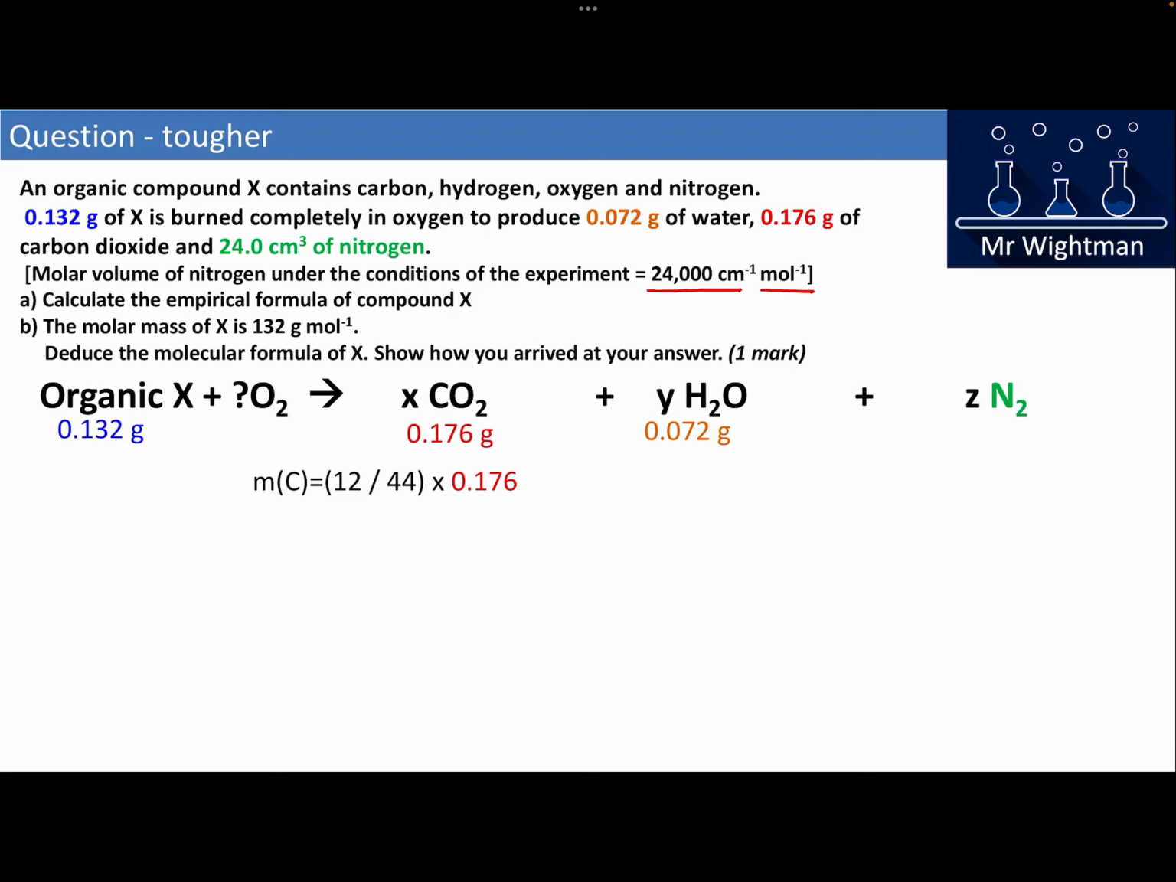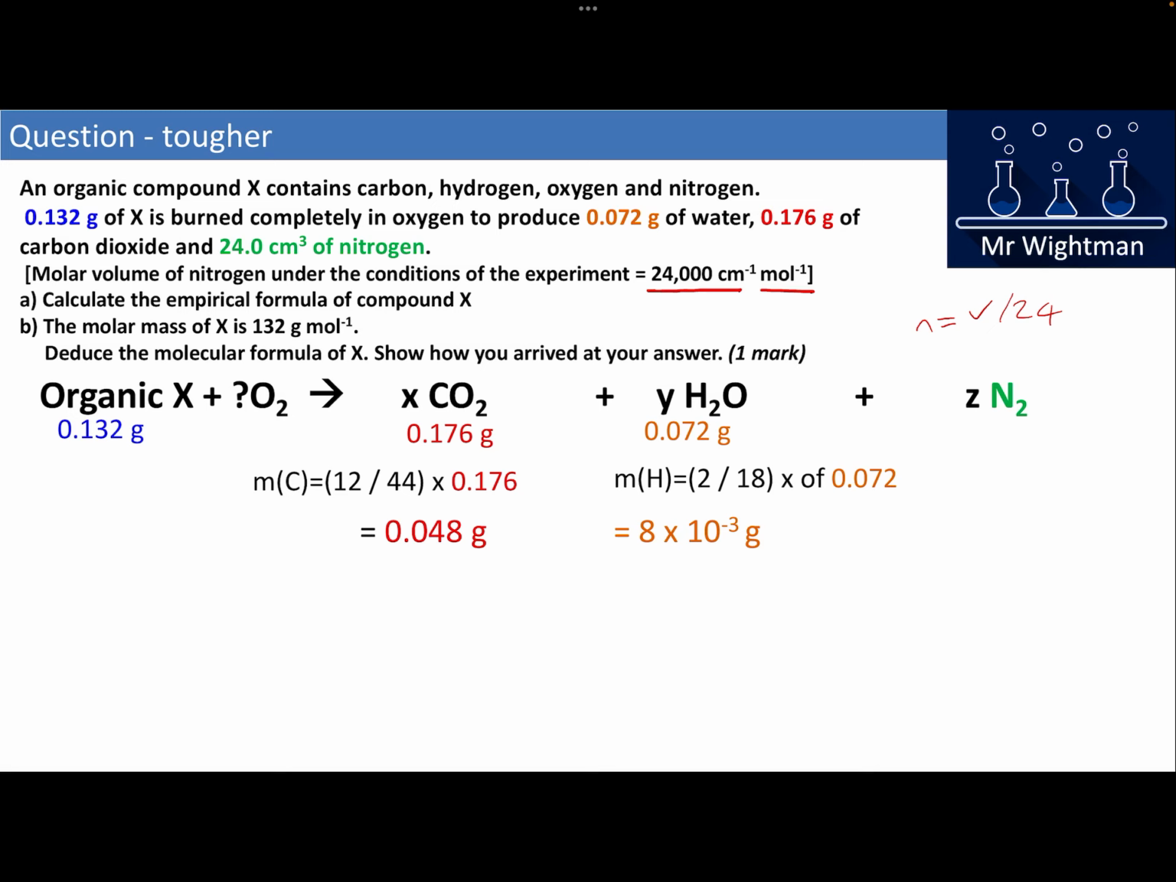So the mass of organic X is burnt in oxygen to make CO2 and water, and so what I want to do is work out the mass of carbon. So mass of carbon, 12/44 times 0.176, that's going to be the mass of carbon. Do the same for hydrogen, that's going to be my mass of hydrogen. And then for nitrogen, well, I have the requirement to use moles equals volume over 24 or 24,000,